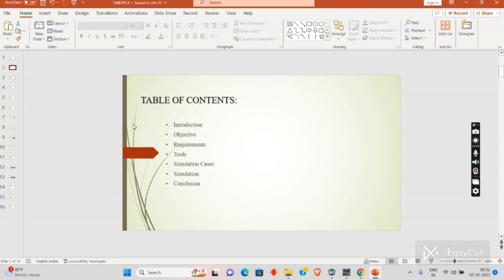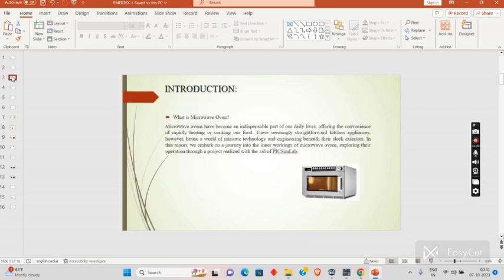What exactly we're going to learn in this video is the introduction, objective, requirements, tools, simulation cases, and the simulation, how exactly the microwave oven simulation works, and the conclusion. So when we come to the introduction,